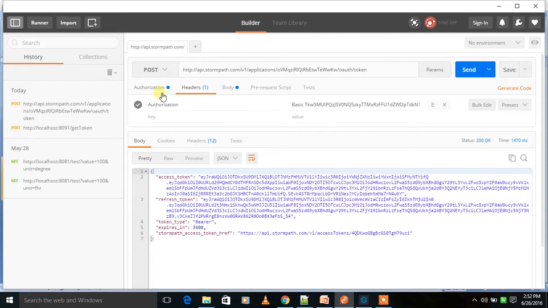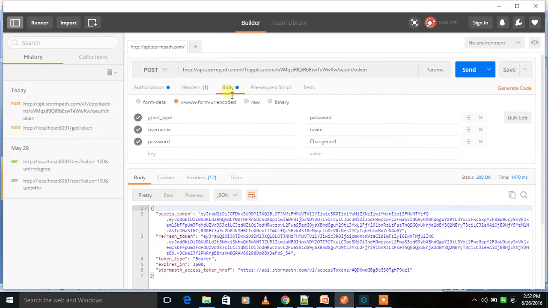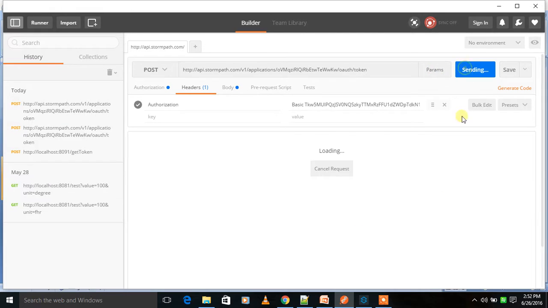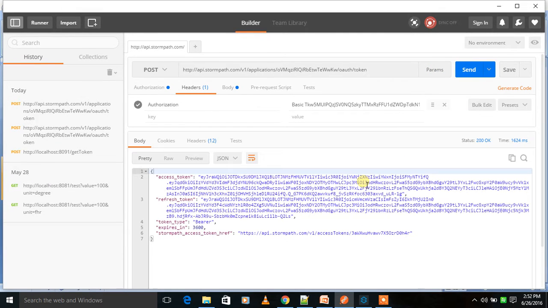Okay, so in authorization you have to give that API key and API secret. In the body you have to mention that the grant type should be password. So I can show you this grant type, this username and password. And that's it. These are the values you need to put, and once you hit it, you will see this access token being generated.